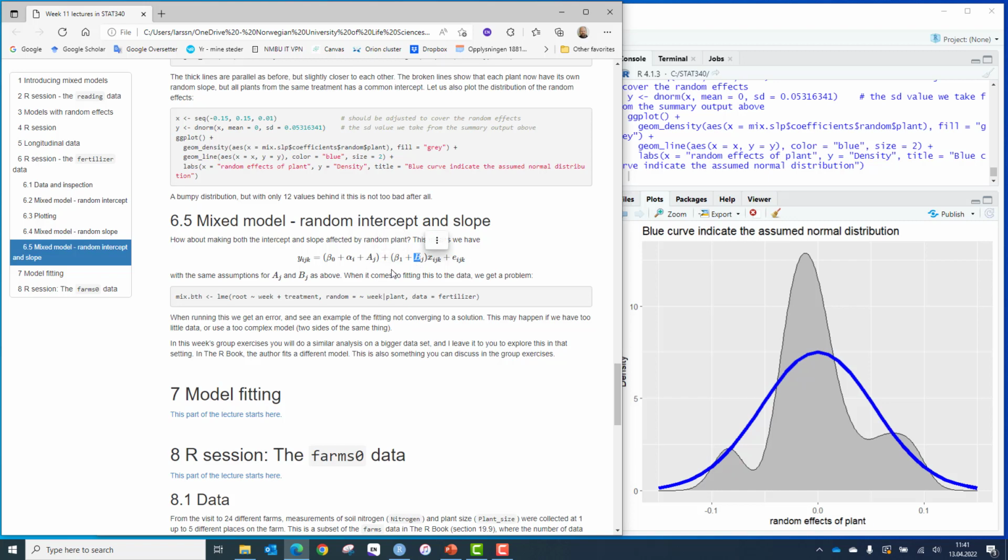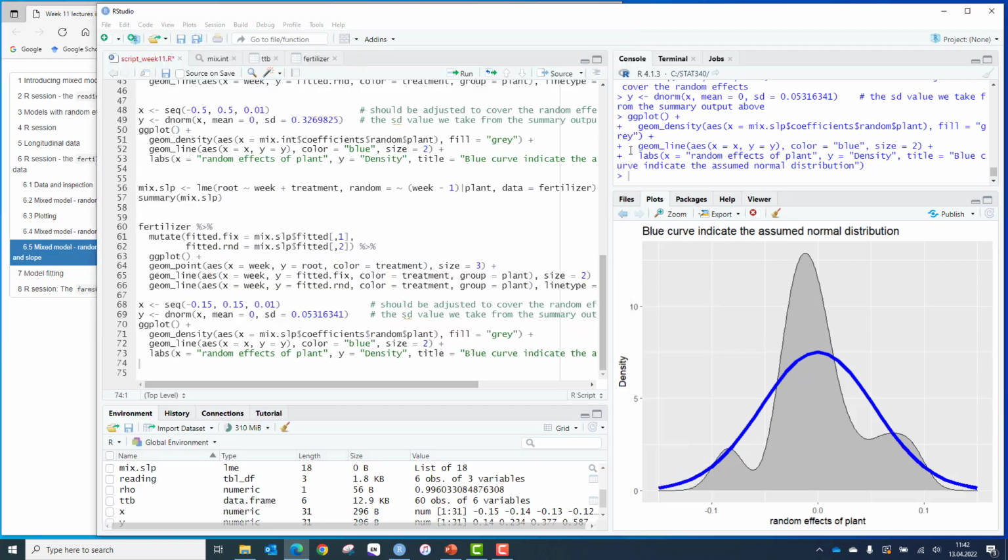slope. Couldn't we do both? Of course we could. There could be both a plant-specific intercept and a plant-specific slope, both of them random variables with some standard deviations. So here's the code for doing it. And now you will see we get some problems here if I try to run this code,